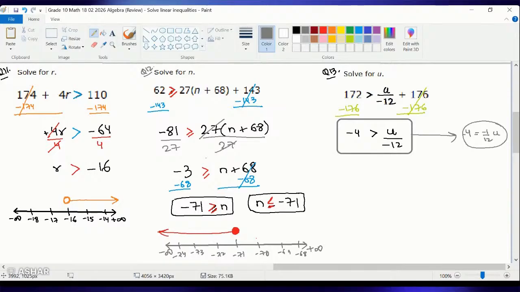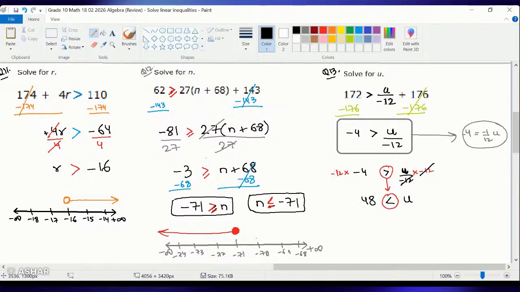So whenever we change the coefficient to positive, that means we have to multiply both sides by negative 12. And we need to remember that whenever we multiply and change the variable from negative to positive, we have to flip the sign. That means u is greater than